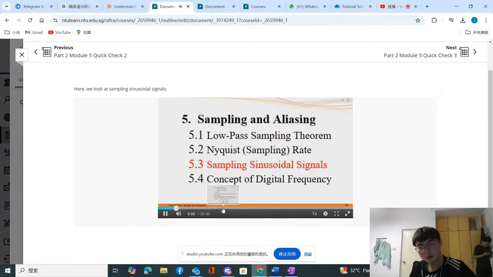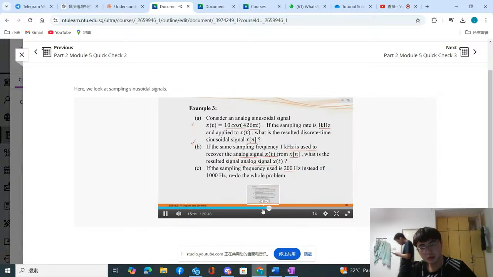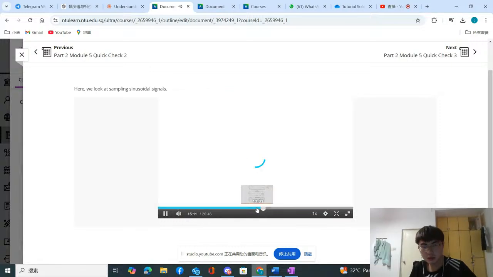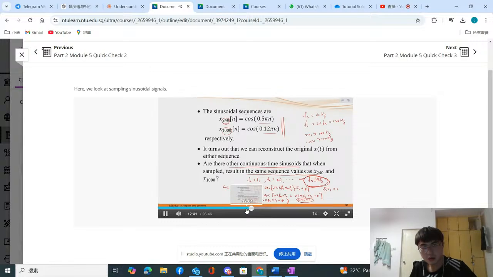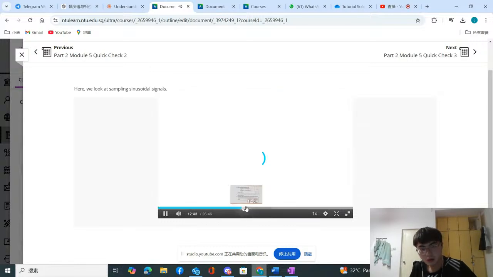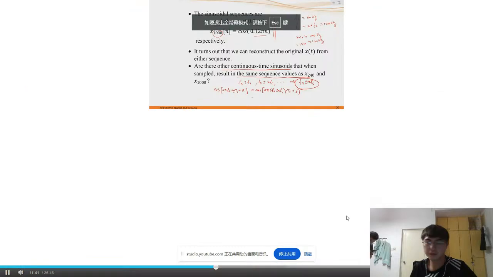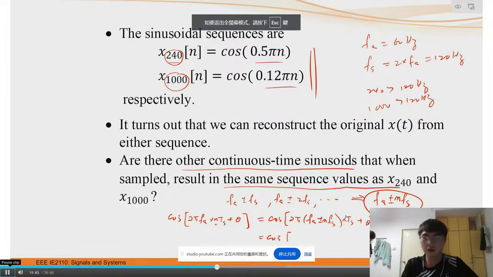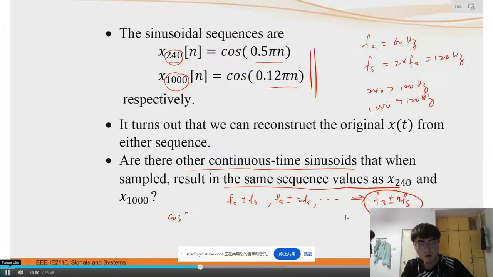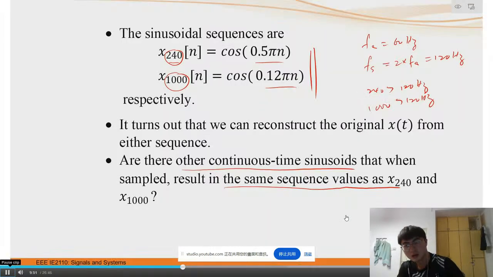have the sampling rate is the same kind of sequence. So I cross multiply, I end up with cosine x. My to get the value as x240 and x the 1000, right? And it turns out that